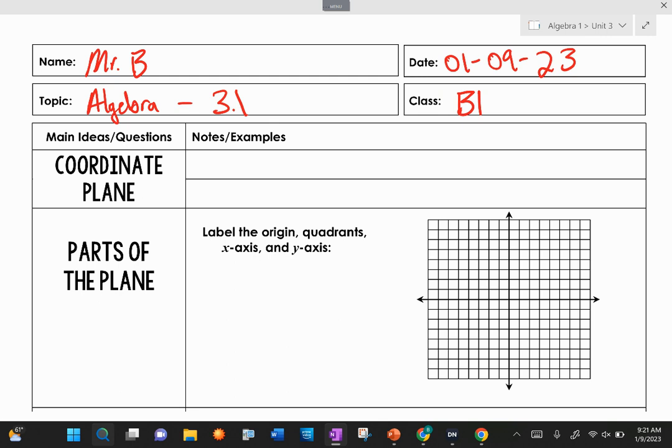Coordinate plane. Do what? We have to do this. Is this really, really necessary? Mm-hmm. I'm gonna go right now. That's fine. Coordinate plane